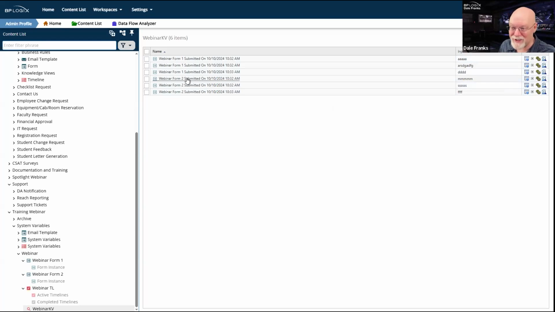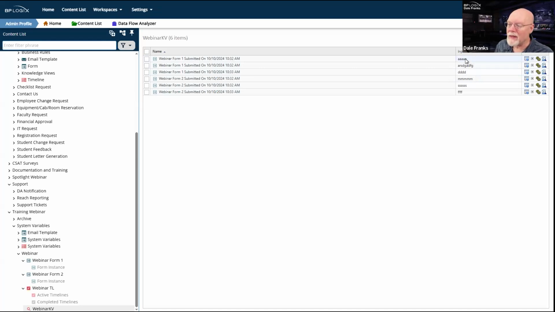So at least I did that. But each one of these forms in context has a form field named input one. And so therefore, when the knowledge view is being constructed, it says, okay, we're looking at this form. And hey, there's a form field system variable. And since I'm in this form, this must be the value that they want. They must want the input one field from this form.